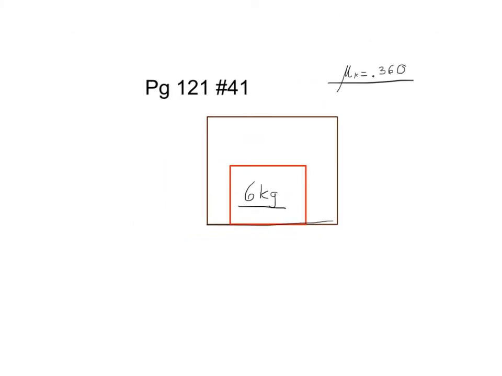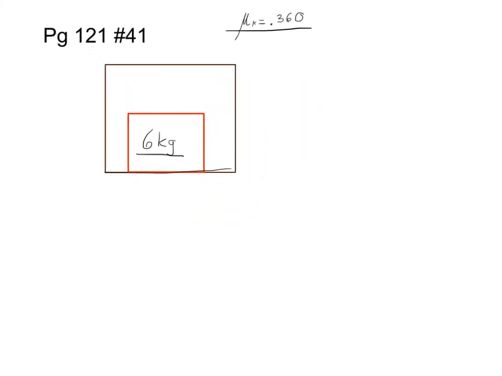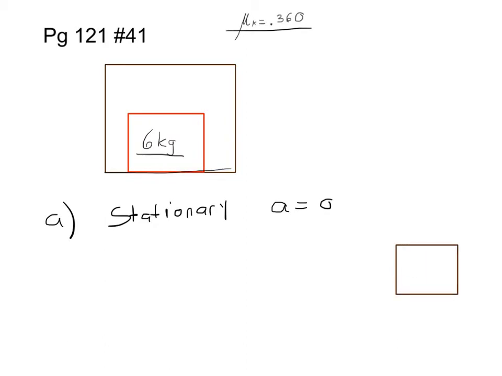What they want us to do is find the kinetic frictional force when it's stationary for part A. Stationary means the elevator is not moving, which means its acceleration is going to be 0. So if we look at our 6 kilogram box in this scenario,